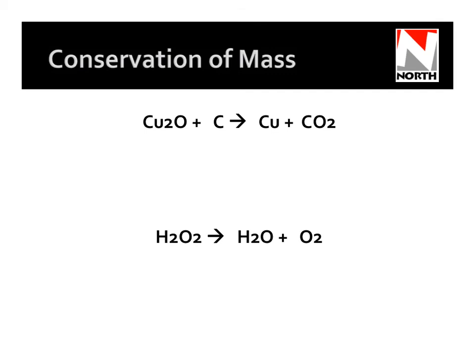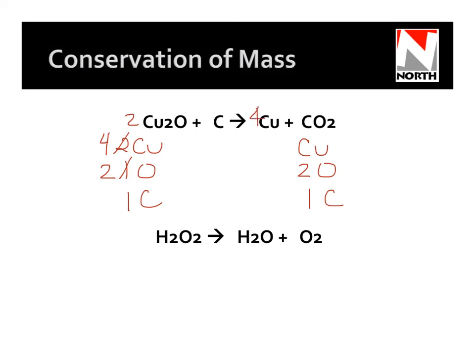Okay, the solution on this one is there are 2 Cus, 1 oxygen, 1 carbon. On this side, 1 Cu, 2 oxygen, and 1 carbon to begin with. So the way I can start with this then is, let me think about this one for a second. Probably the easiest way to do is start with the oxygen over here. So put a 2 in front of that. So that becomes 4, and that becomes 2. Okay? And so now my oxygens are balanced,